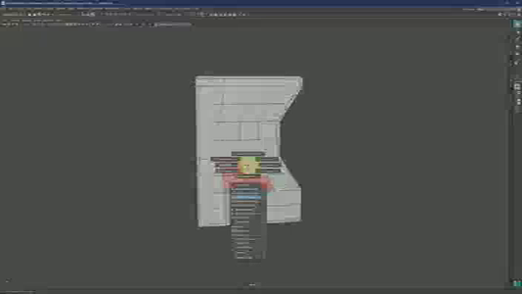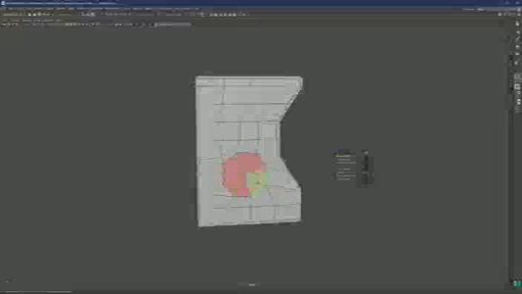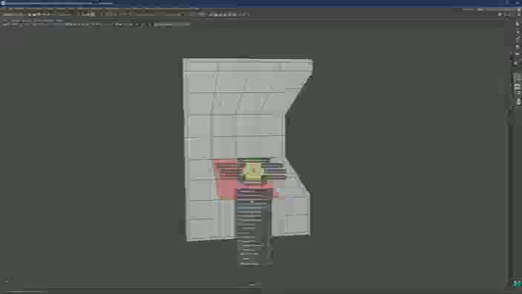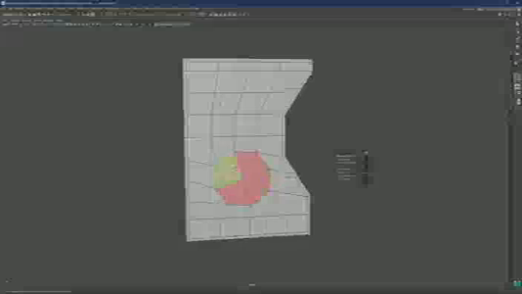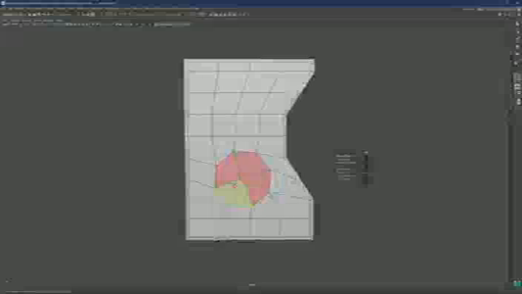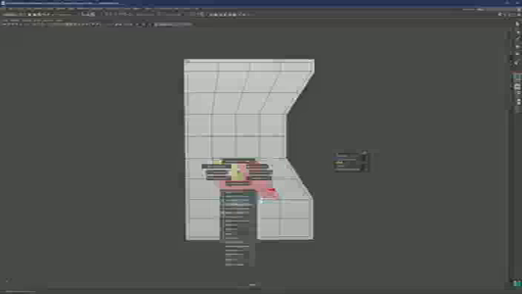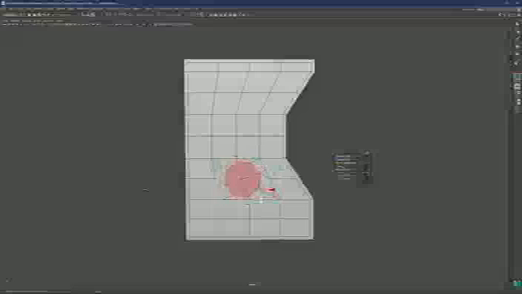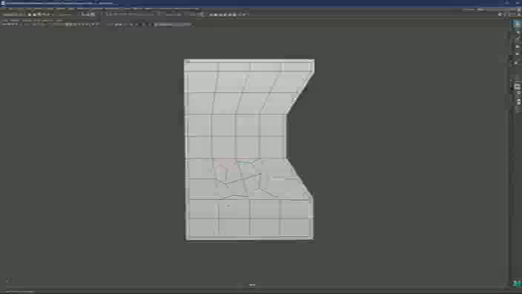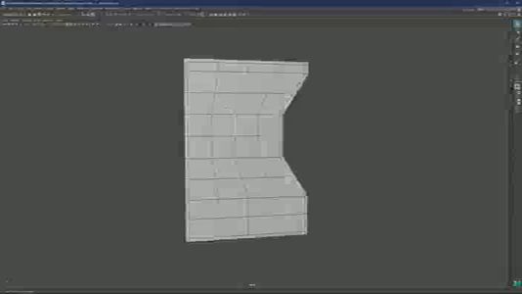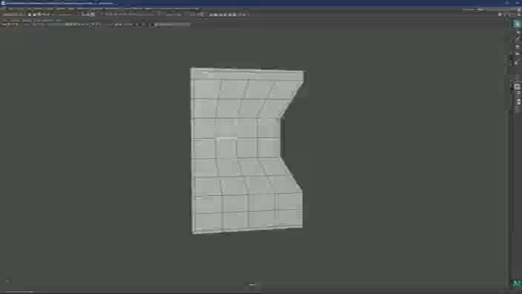Because it can also happen, let's say that you want a detail here, and you would also need a supportive edge here as well. So what I mean, the difference between supportive edges: let's say I want to do circularized components again, like this. Notice how the edge is behaving. With a supportive edge, I will do one more support, and then I will do circularized components. And then you will see now that this detail is contained within this area, and that is your supportive edge. So just something to keep in mind. I mentioned that a supportive edge will usually go in your outline, but that is not the rule.